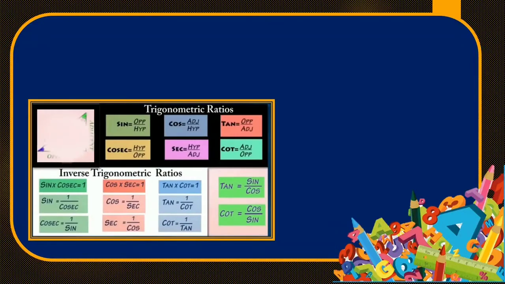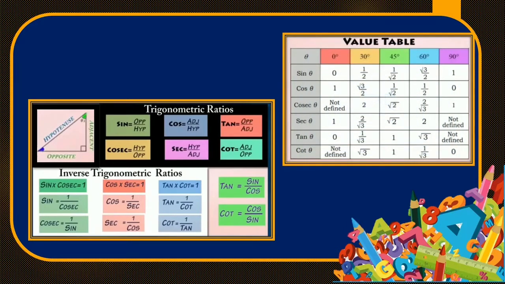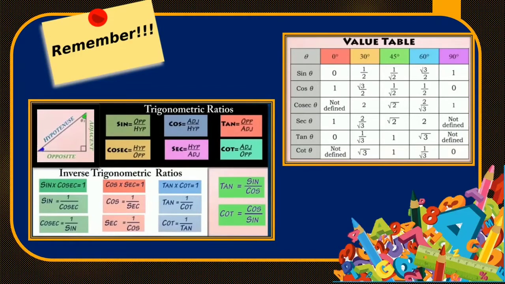Students, as we have already done chapter number 8, Introduction to Trigonometry, in our previous classes, where we learned all these formulas, which are very helpful in trigonometric questions, especially these trigonometric ratios, inverse relations and this value table. So we have to remember all the rules and the formulas. But in trigonometry there are word problems too, which are also equally important, and to solve them correctly along with these formulas we should also understand the following terms.